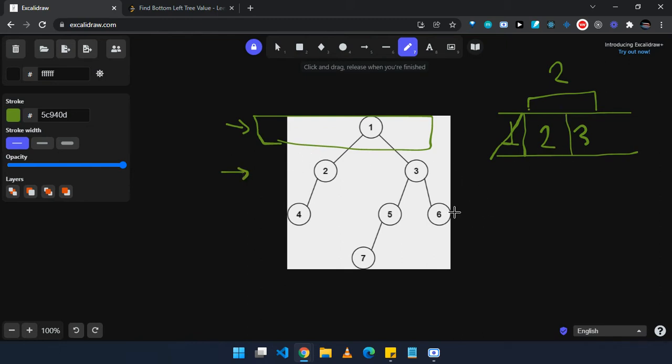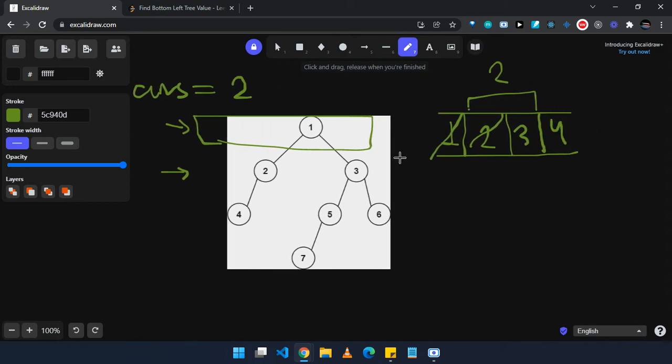We will keep a variable called answer, where we will store the first element of each level. The first element of this level will be 2, so we'll save 2 over here, and then we will push the children of 2. Two has only one non-null child, that is 4, so we will pop it and push 4 to our queue, and then we come to 3.